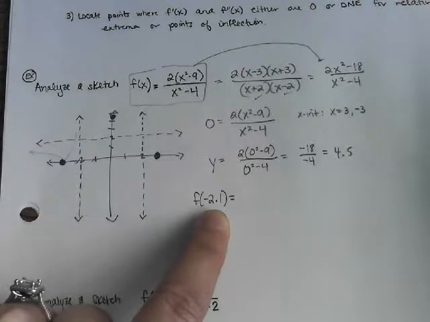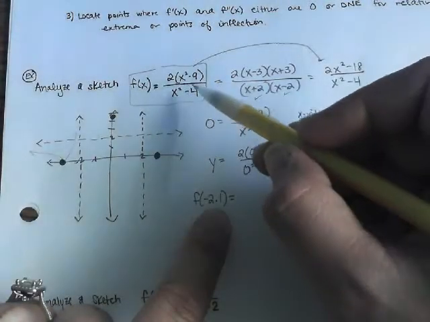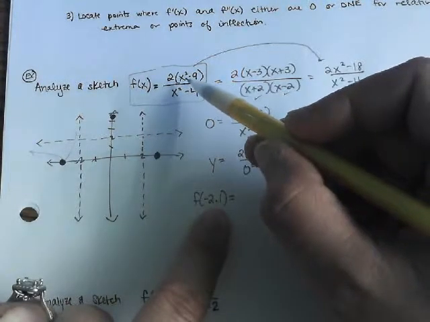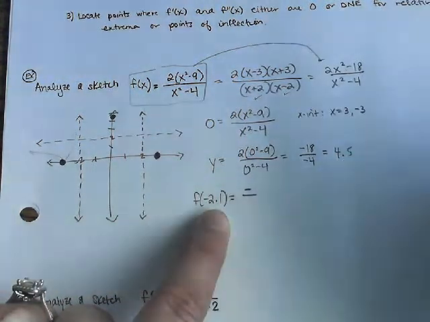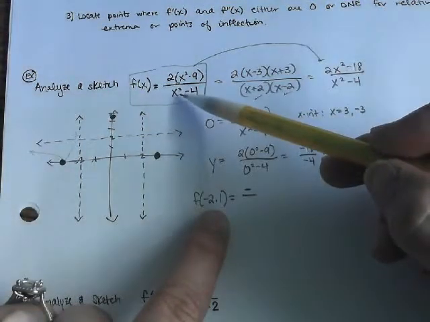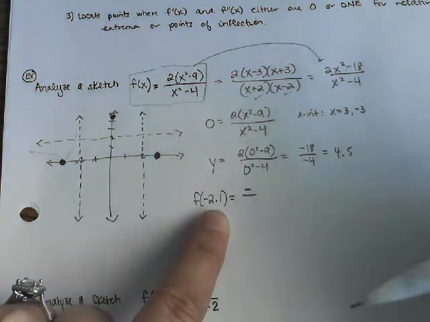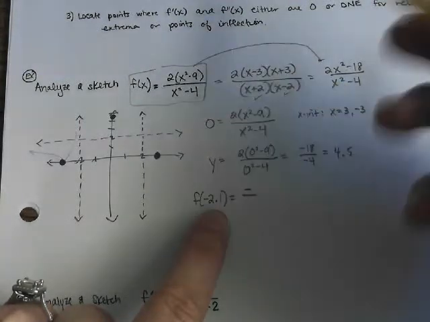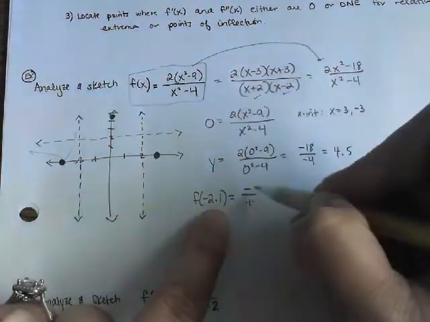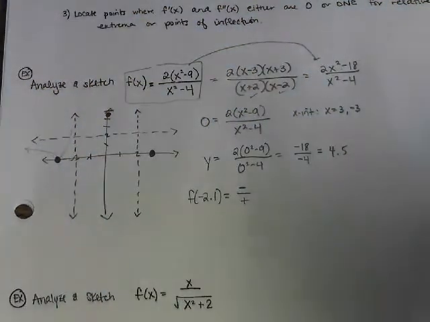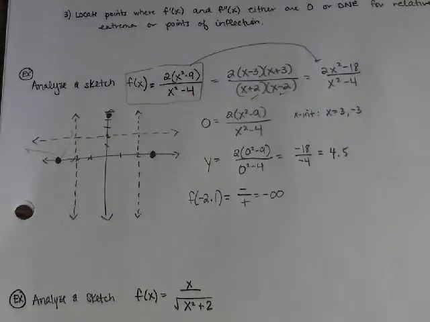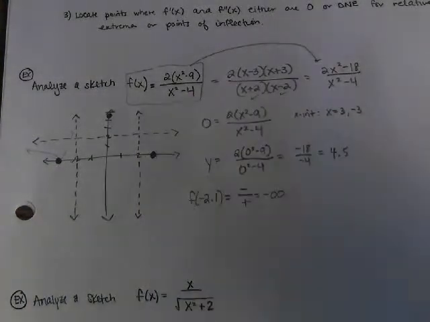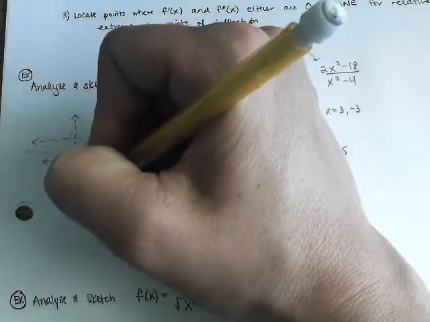Negative, because -2.1 squared is somewhere around 4. 4 minus 9 is a negative, over... And what's going to happen to your denominator? Right, it's barely positive, a very small positive. So it's a negative number divided by a very small positive, which does tell us negative infinity. So as we're approaching -2 from the left, we are going towards negative infinity, which kind of matches up